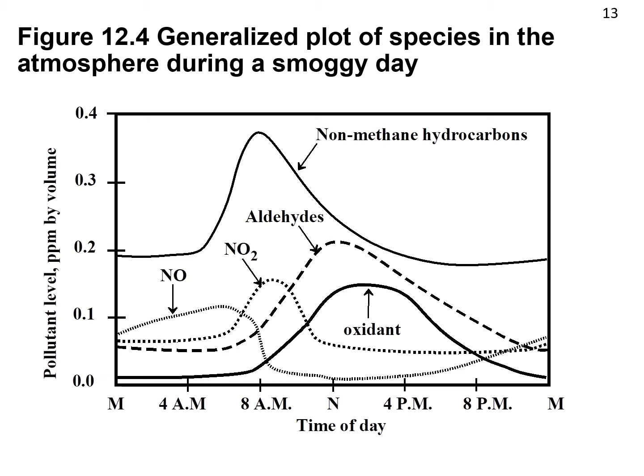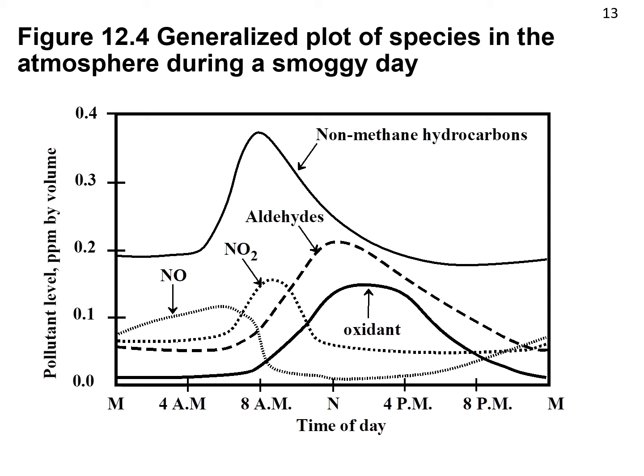On the other hand, the NO line goes steadily up until the oxidant starts appearing, that big thick line again, the ozone. That's because the NO reacts with the oxidant to form nitrogen dioxide, NO2. So the NO goes down as soon as the oxidant starts appearing, but then climbs back up at nighttime when the oxidant isn't being formed, when we're not making ozone.